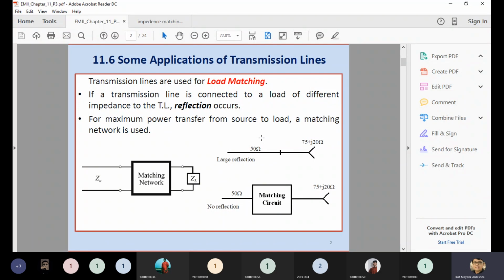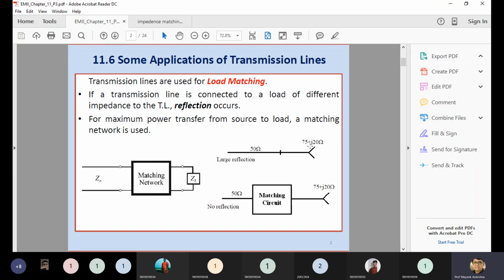In this case, they have taken 50 ohm as the transmission line impedance, and the load impedance is 75 plus j20 ohm. You can see Z0 has only a real component, but your load has a complex number, because at the receiver side you also have many processing units which process your data, so by default it is a complex number. The overall load impedance is 75 plus j20 ohm, a complex number. So these two values are not the same.